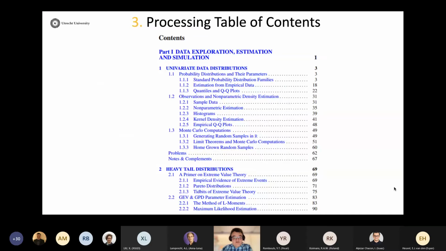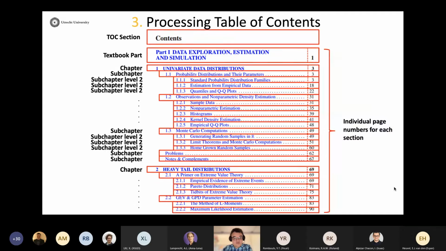Then the next thing is we process table of contents. So this is also important. And tables of contents follow different kinds of styles as well. So there are flat tables of contents, hierarchical, and so on and so forth. But once again, if you look at the textbooks enough, then you can actually understand what the rules behind formatting are. So we can also figure out by now already where the pages start, where the chapters, where the subchapters, and so on and so forth. And based on this, we can build this hierarchy of topics essentially for the textbooks and how and where these topics start, on which page, and where they end.